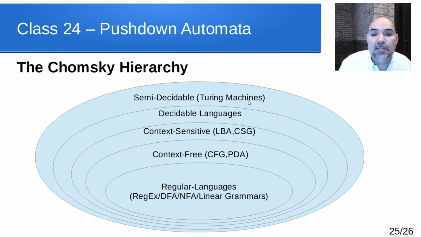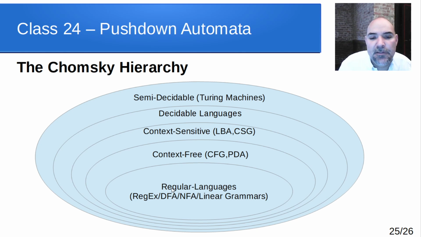Now the question is, are there things outside of that? Are there things that you cannot do with a computer algorithm? The answer is yes. There are things that are outside of that that are not computable. And one example of that is this thing called the halting problem, where writing a program that looks at other programs and decides whether they will eventually complete or not, is something that's outside of this computability. And we'll talk a little about that next class, but next class we're going to focus on Turing machines.